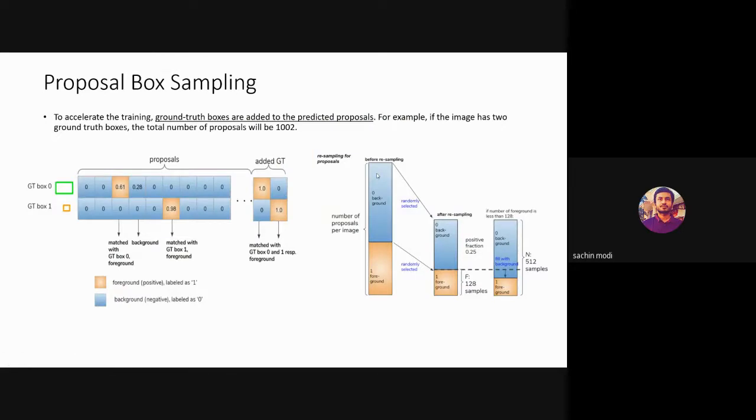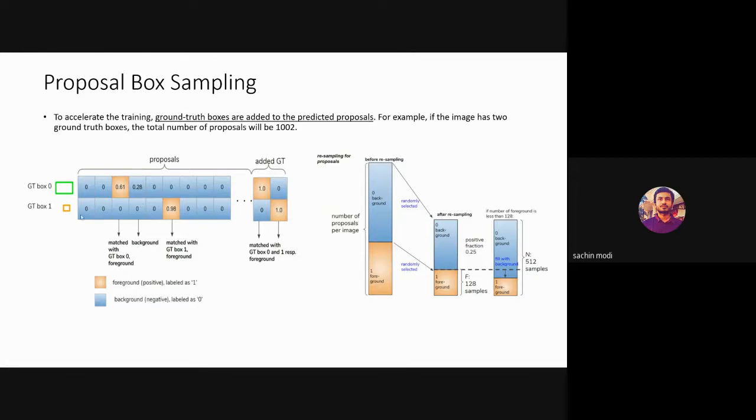Here again, this is during training. Proposal box sampling is done during training. So even the actual ground truth boxes are taken as proposal boxes, to speed up the training. And here also I classify my proposal boxes as foreground and background.